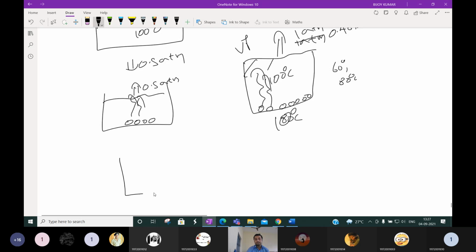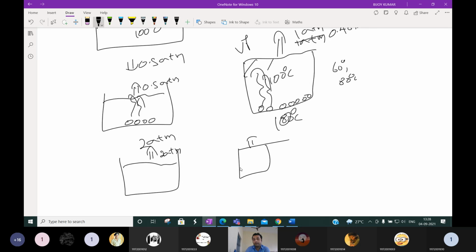Suppose now we are applying higher pressure. Higher pressure means 2 atmosphere. Then we have to create a vapor pressure of 2 atmosphere. Then only this liquid will boil. So the question is, generally in a pressure cooker, the water we are boiling, the whistle is there up to 2.8 atmosphere. Suppose some higher pressure is always there because it is under high pressure.